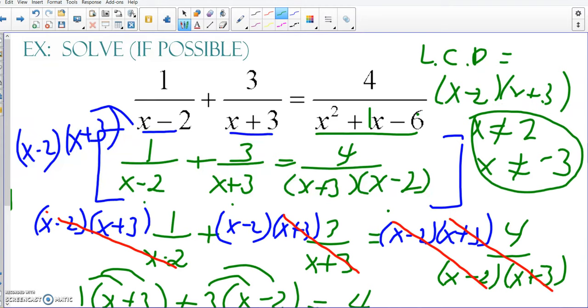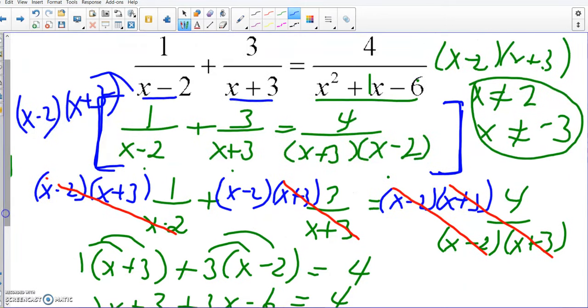Okay, so where I left you, we were starting to multiply the entire equation by the LCD. So what I did in the next step was, in blue, I wrote the LCD 3 times, multiplied or distributed that out to every single term, here, here, and here. And then in red, I crossed out what part of the LCD crossed out with the denominator. So from the first term, the x minus 2's crossed out, so I was left with 1 times x plus 3. The second term, the x plus 3's crossed out, so I was left with 3 times the quantity x minus 2. And in the third term, the x minus 2's and the x plus 3's crossed out,